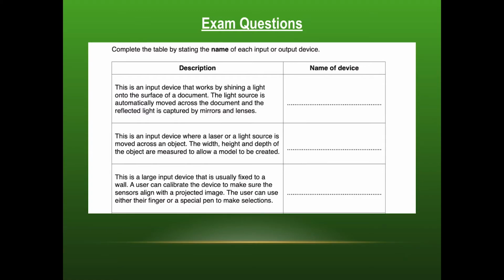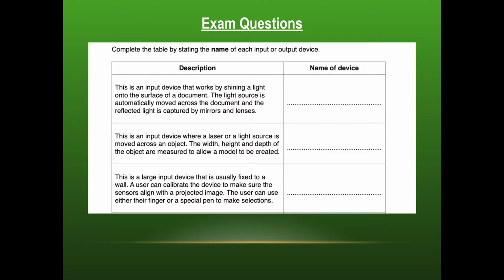works by shining light onto a surface of a document. The light source is automatically moved across the document and the reflected light is captured by mirrors and lenses. Now, before you go ahead and answer, you might want to take the time to look at each question first and use it as a process of elimination, because some of them will have very similar answers and maybe just small differences. Like these first two are very similar devices with just a few keywords that are going to help